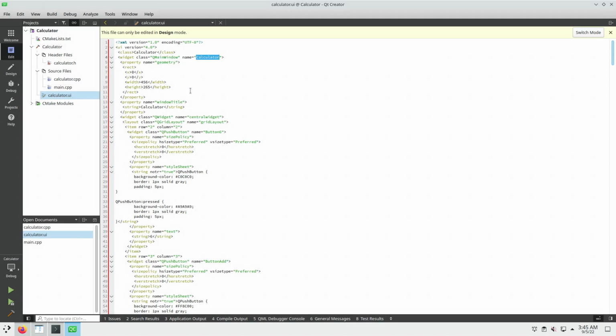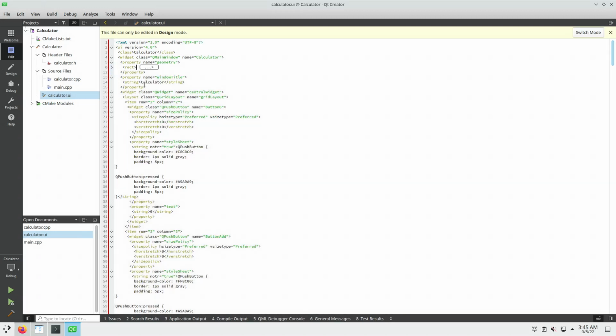The class name is Calculator and has a width and a height. And then the window title is Calculator. And it has a central widget of type QWidget, a grid layout,